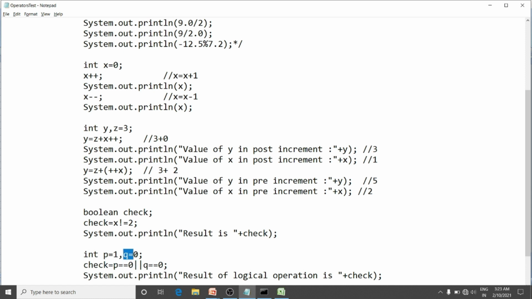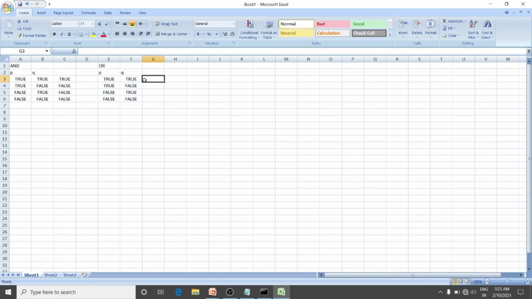But the second condition Q equal to 0, that is true here. So that results into true. Both are true, so true only. Any operand is true, that is also true. Both are false, so expression will be false. Here we can have exclusive OR also.